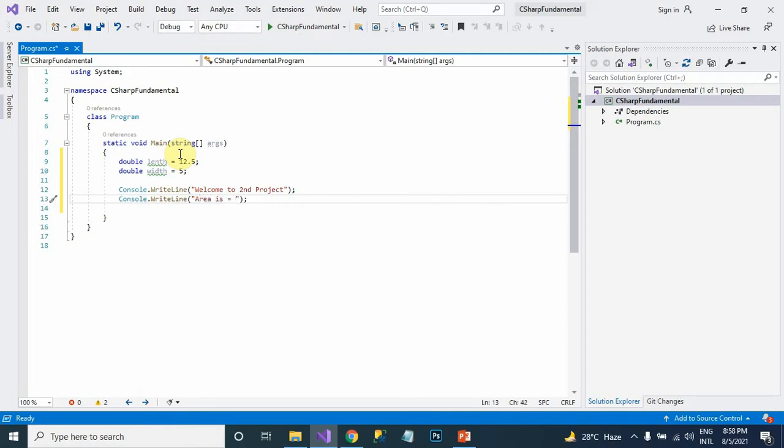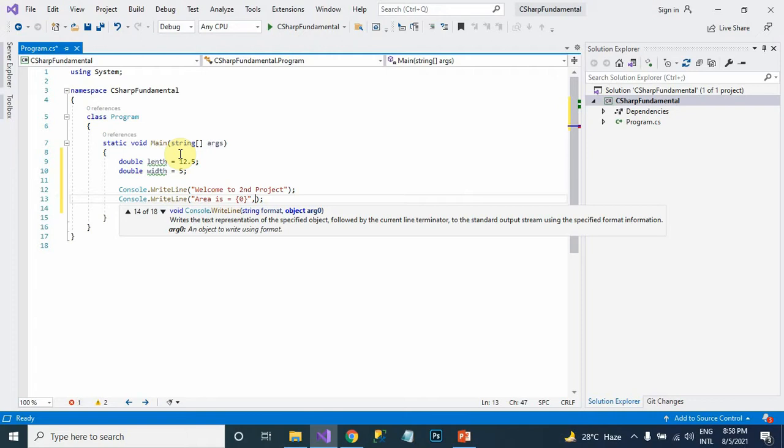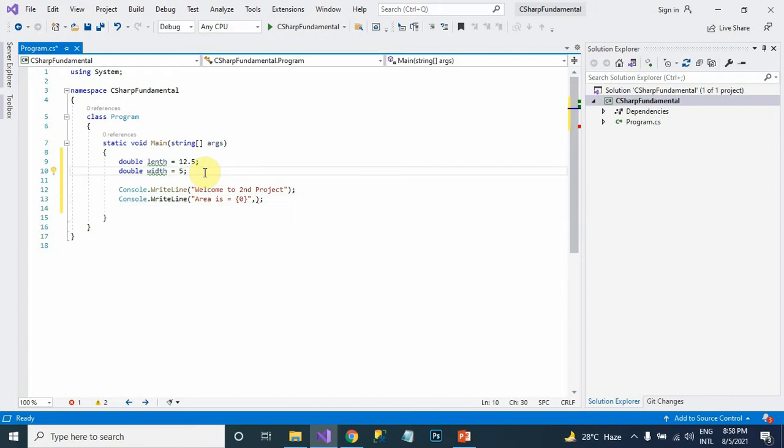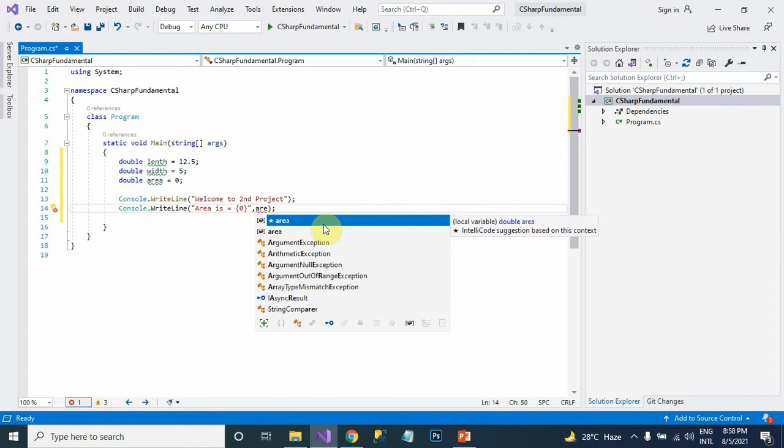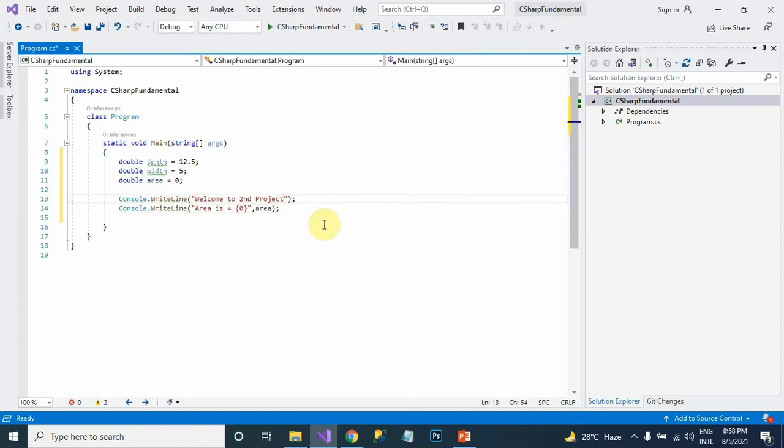For the area, you have to pass an index here, so the system will read the first value. I am taking another data type double, area, which is initialized to 0.